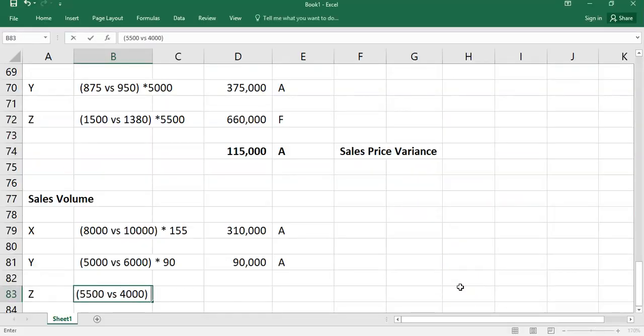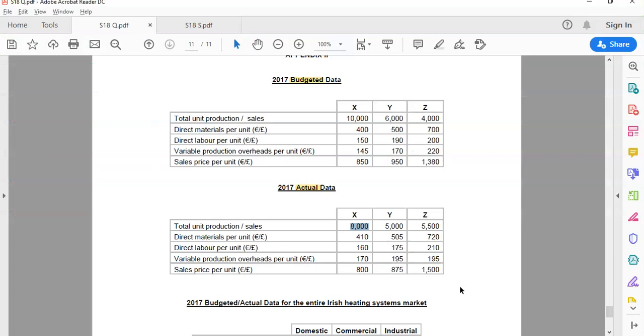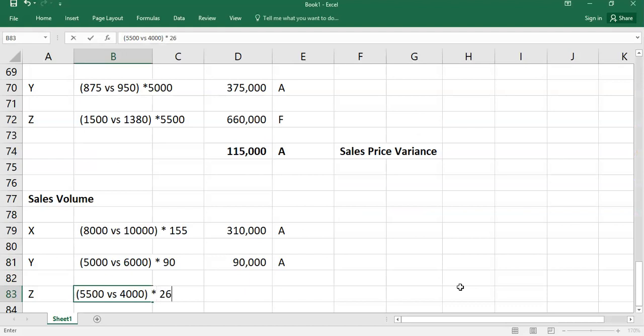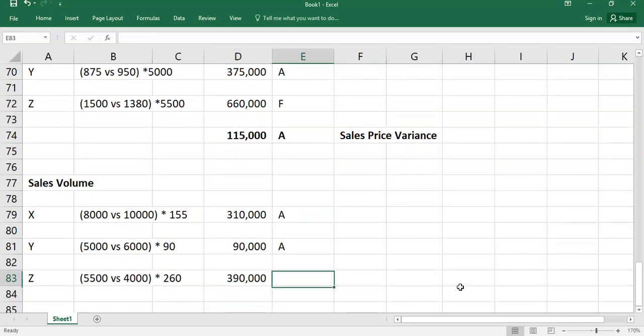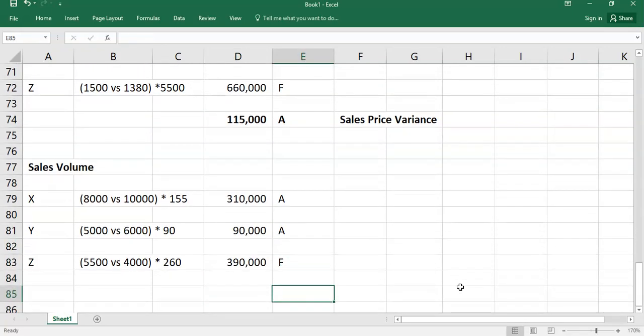So this is going to be a positive variance, and your expected contribution per unit, 1380 minus 700 minus 200 minus 220 is 260. So this is quite a positive story. The industrial market seems to be going well. You sold 1,500 units more than expected, and each unit was expecting to get you €260. So that is favorable. So what you actually have here when you net them off, 10,000 adverse